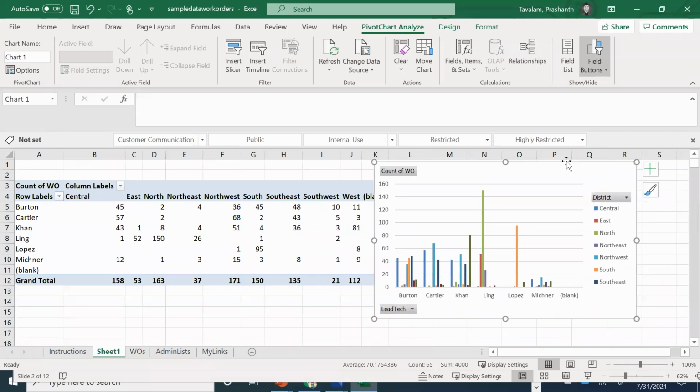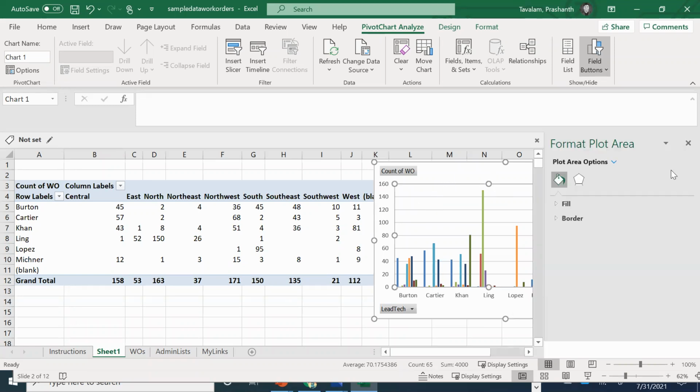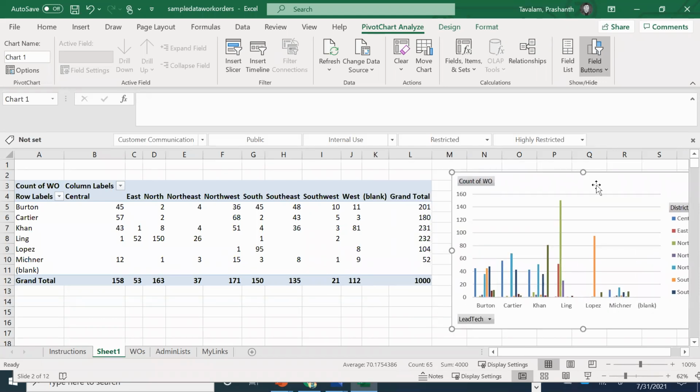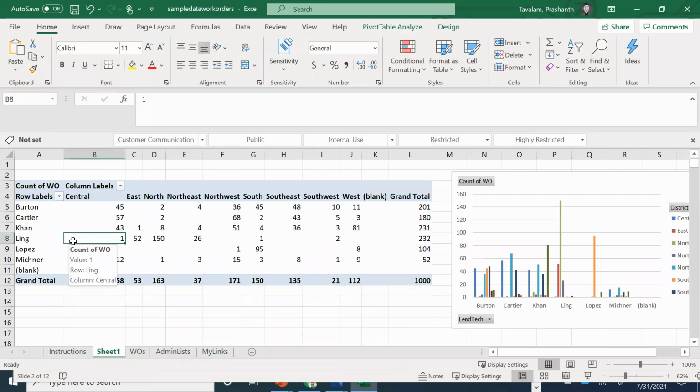Create a pivot, create a bar graph to explain who are actually doing more work, who are doing less work, based on which district and so on. Okay. So this is a basic level of data analysis. I'm sure most of you would have done this kind of work already.